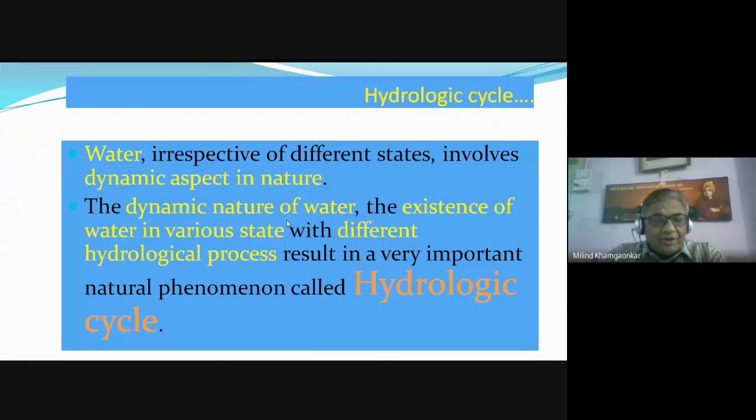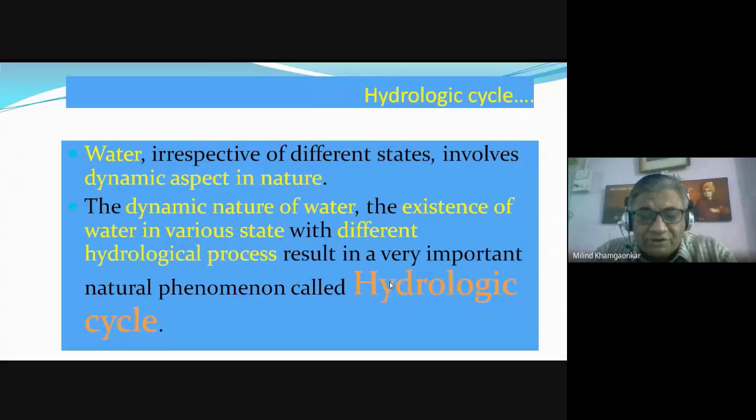So due to this dynamic nature, that is the movement property, as well as the three states of the water, that is existence of water in liquid, gas, and the solid state, a very nice natural phenomenon occurs. That natural phenomenon is called the hydrological process, which is also called the hydrological cycle. A very beautiful natural phenomenon, which is the result of the hydrological process, is called the hydrological cycle,